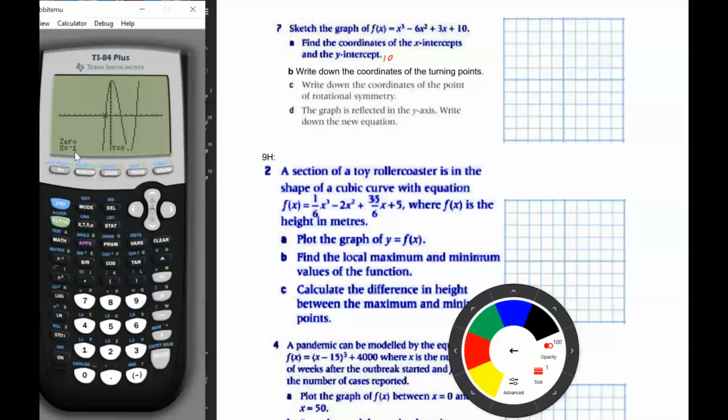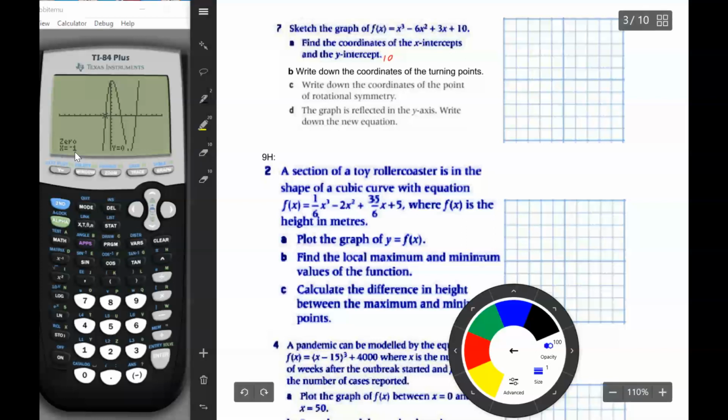Oh, I forgot to start plotting the points, but I can just plot the points now. So negative 1 comma 0 is one of the points. And I already said that y equals 10 is one of the points. So let's put y equals 10 here. So we'll do the scale so that this is 0 and this is 10. And then we will do